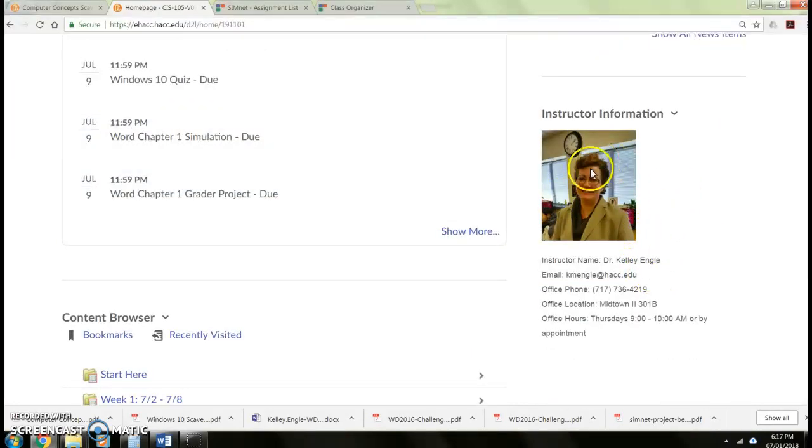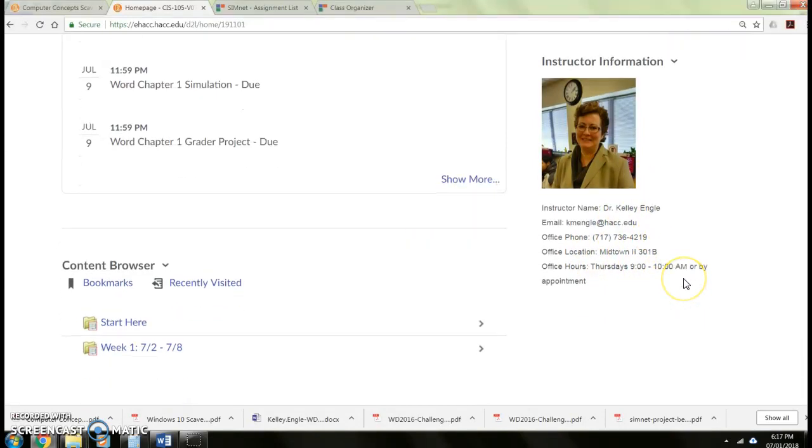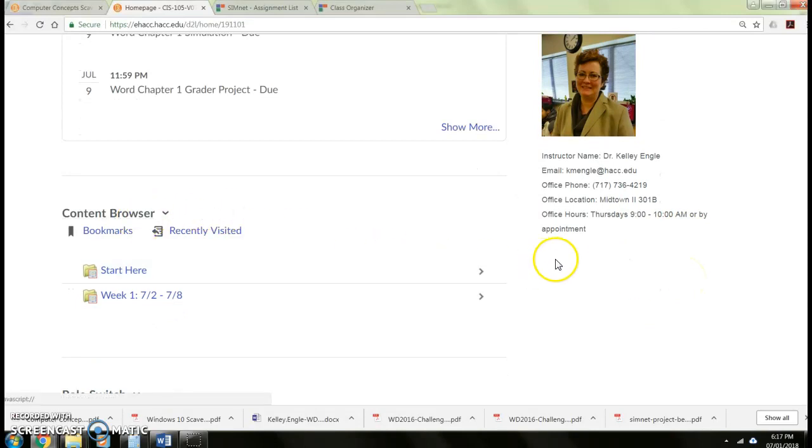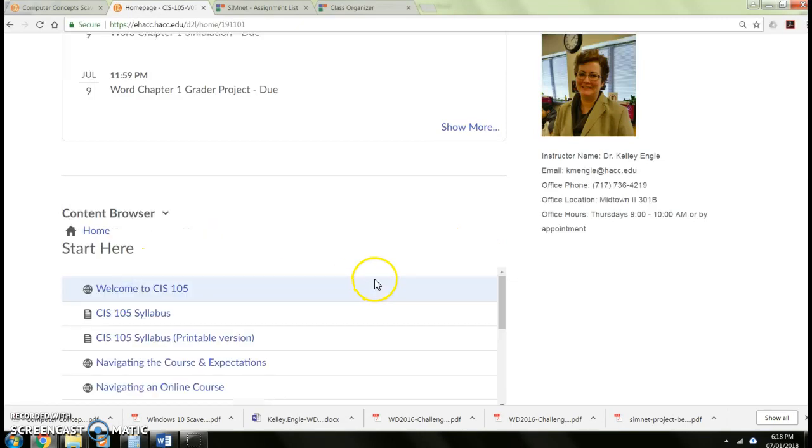Down on the right-hand side, I have my information with my email, my phone number, which is my office phone, my office location, my office hours, and other pertinent information, including the content browsers here. And right now, anything you see is what's opened up at this current time. As you go through the course, each week, more modules will open up. So when you're first starting out, the best thing to do is to click on the Start Here under Content Browser